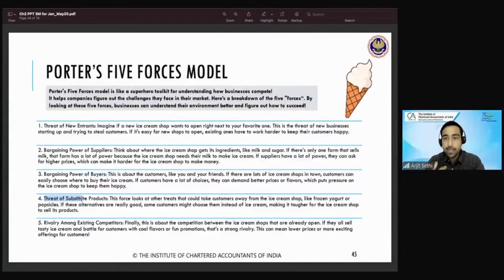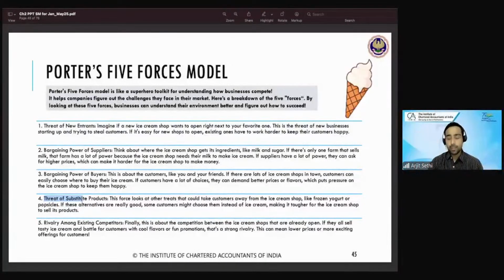You guys gave the example. LED bulbs, smart bulbs, electronic, voice modulated products have come in. All these are substitute products. Now, when these come into the market, they really kill your existing market. These are substitute products. They will kill your market. That's the 5 force model. And number 5 is rivalry amongst the existing competitors.